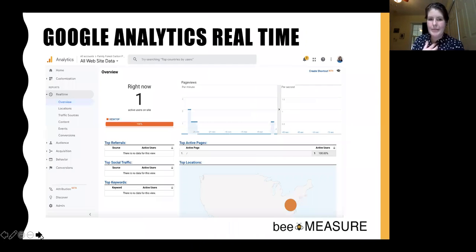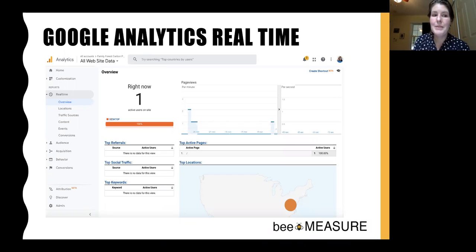Number one, and I was totally using this yesterday with my analytics mystery, is the real-time report in Google Analytics. If you're familiar with Google Analytics, it's one of your standard sections over here in the left sidebar. It's basically looking at people who are on your site at this very moment.